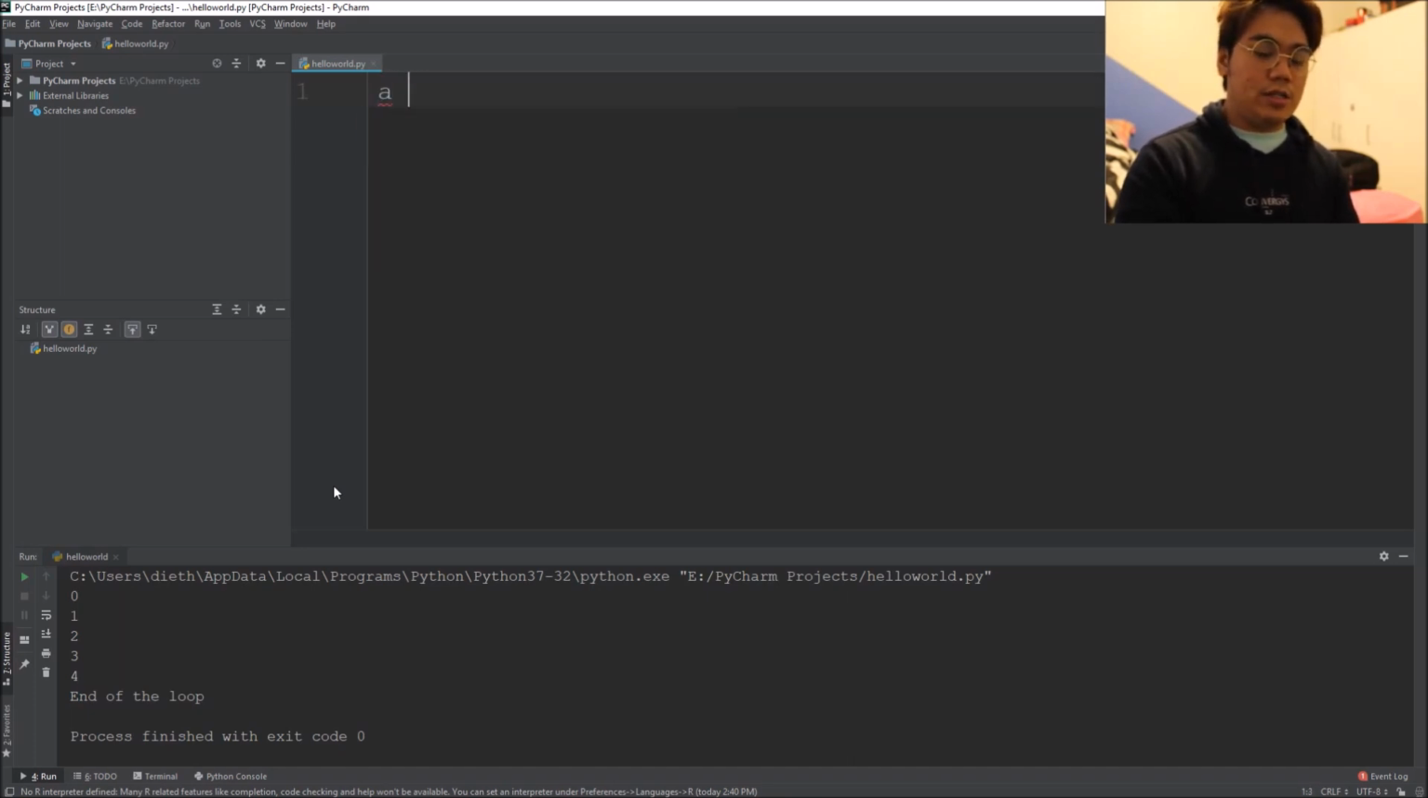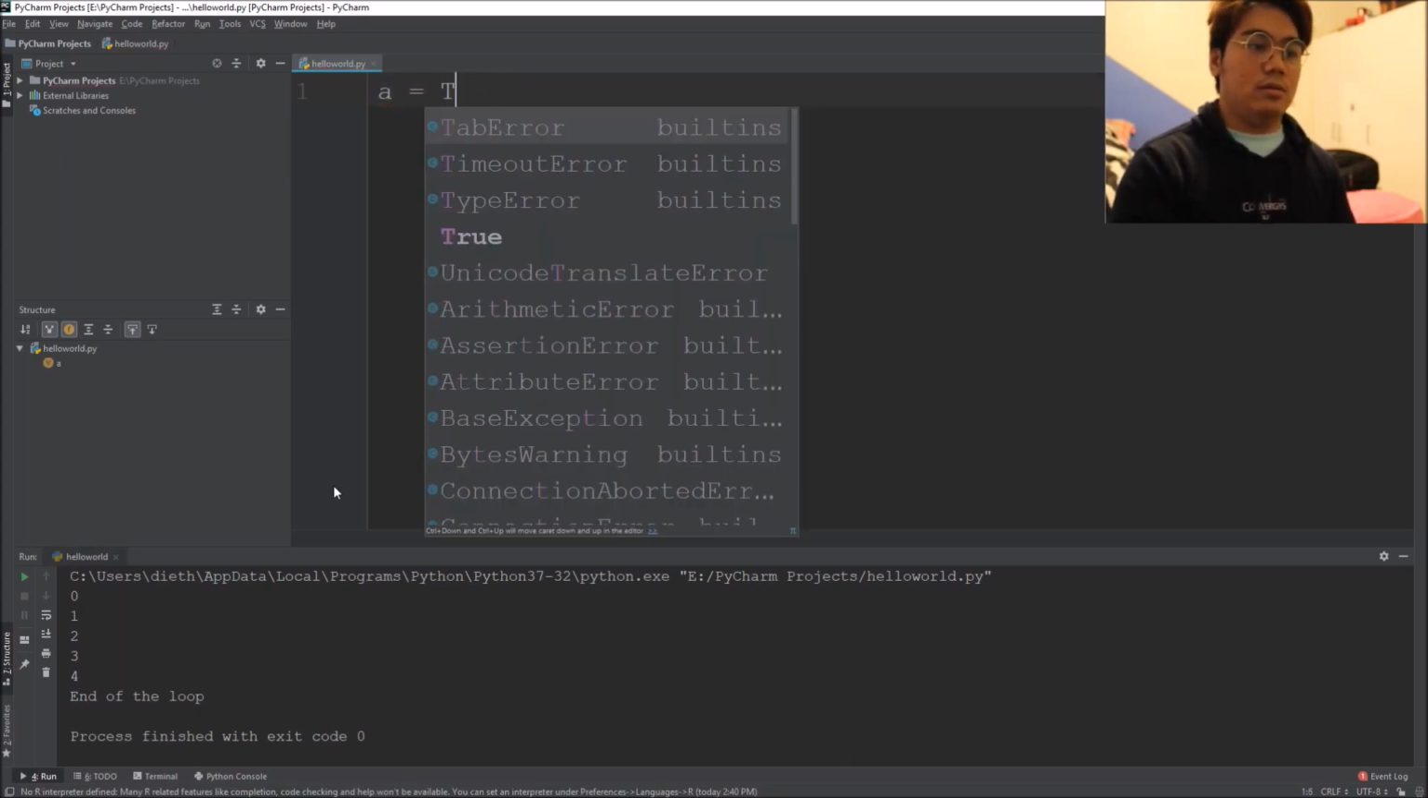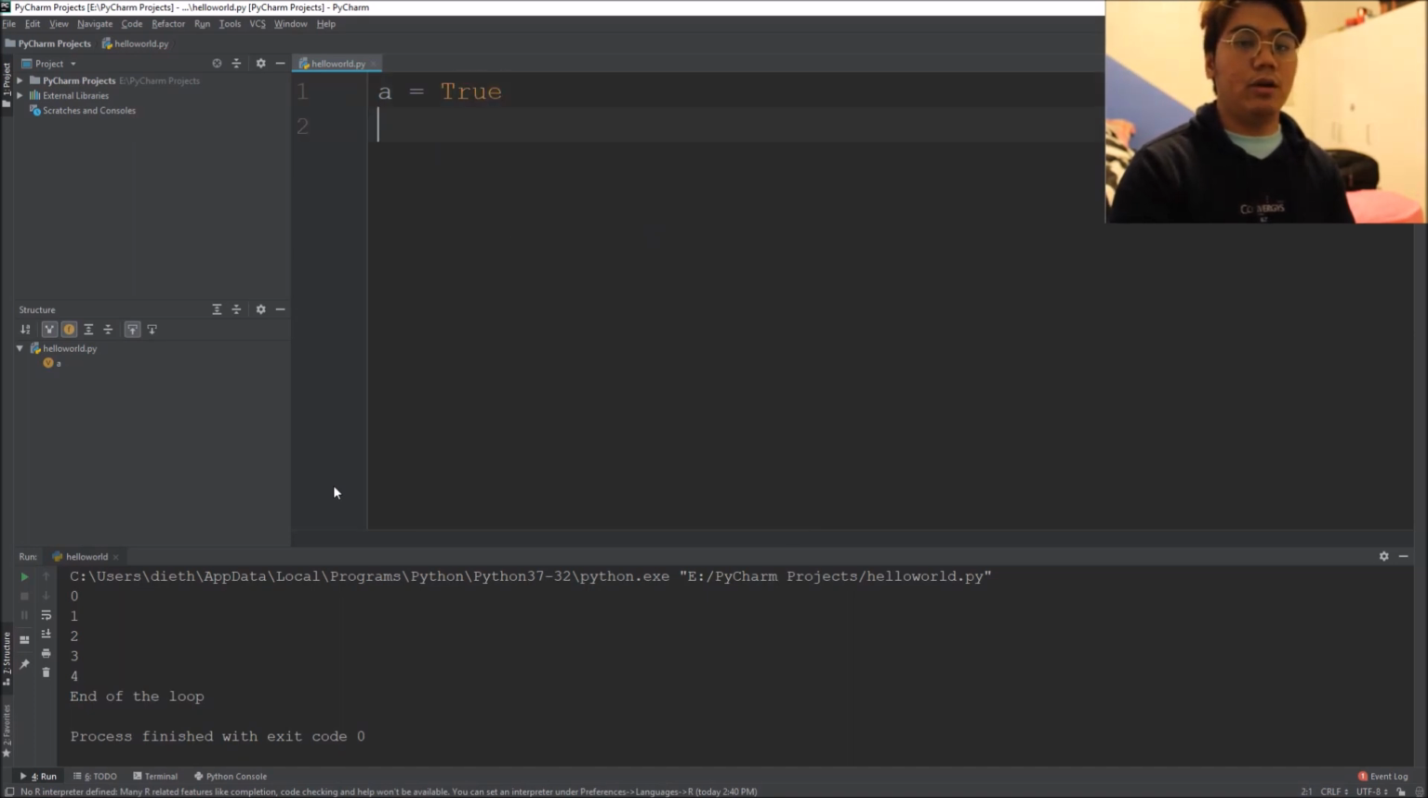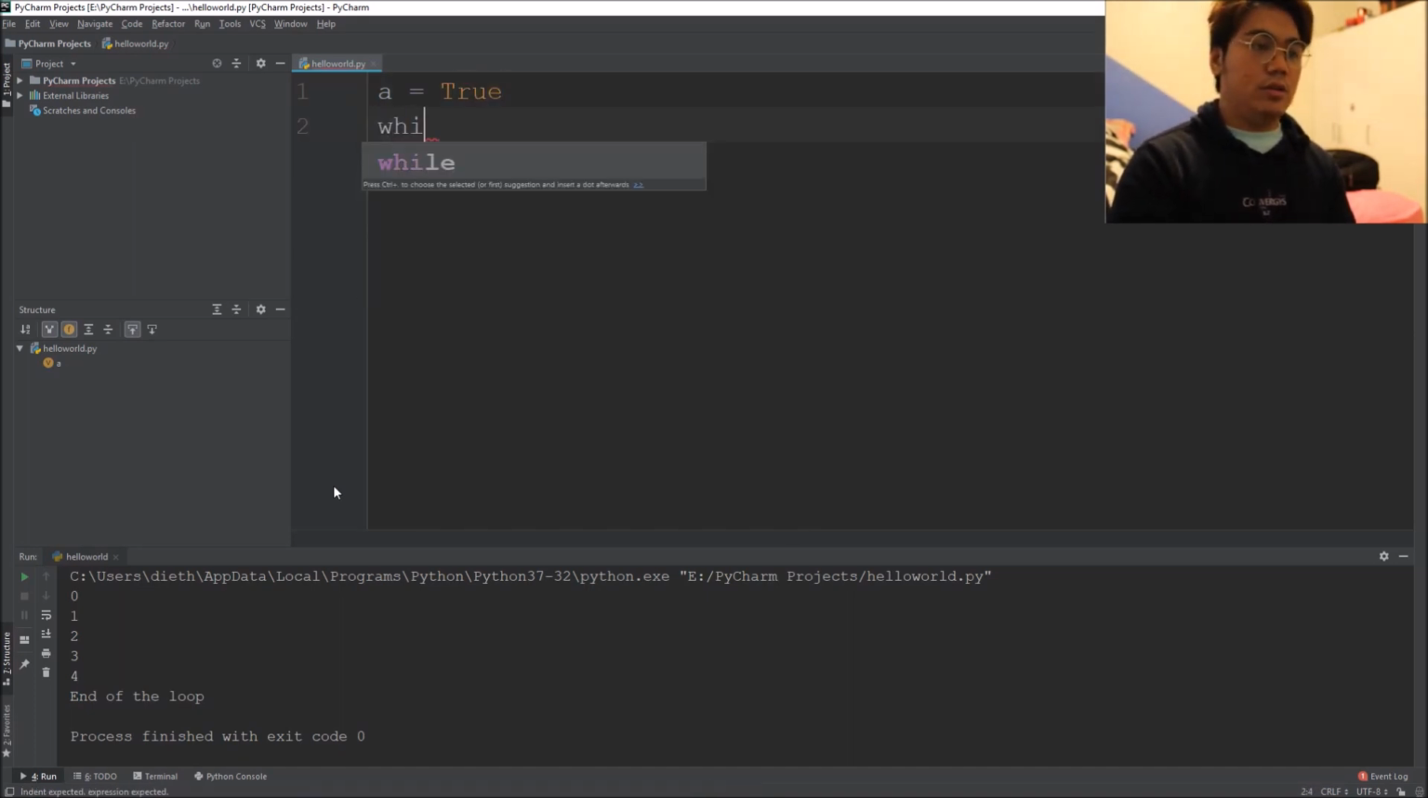Now, to give you a better example for the while loop, because I don't want to give you the same example as the for loop as we did earlier, I'll declare a value once again. A is equal to true. We got a Boolean value here, which is true. So while A is equal to true, basically while our A is still true,